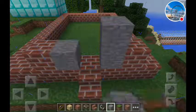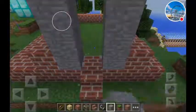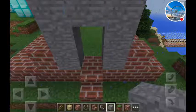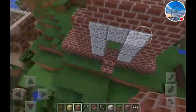Since I'm feeling lazy, I'll just make this a stone one. But, whoops. Hold on a second. Sometimes they paint wood instead to make it look like this, but